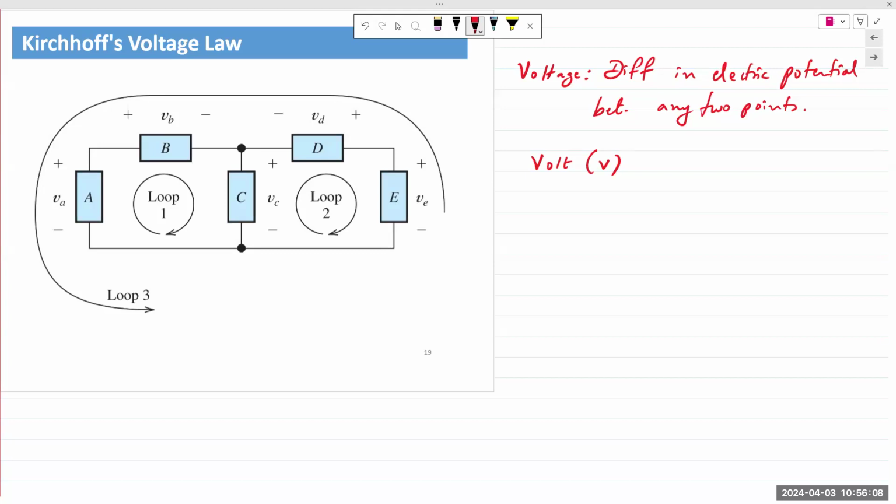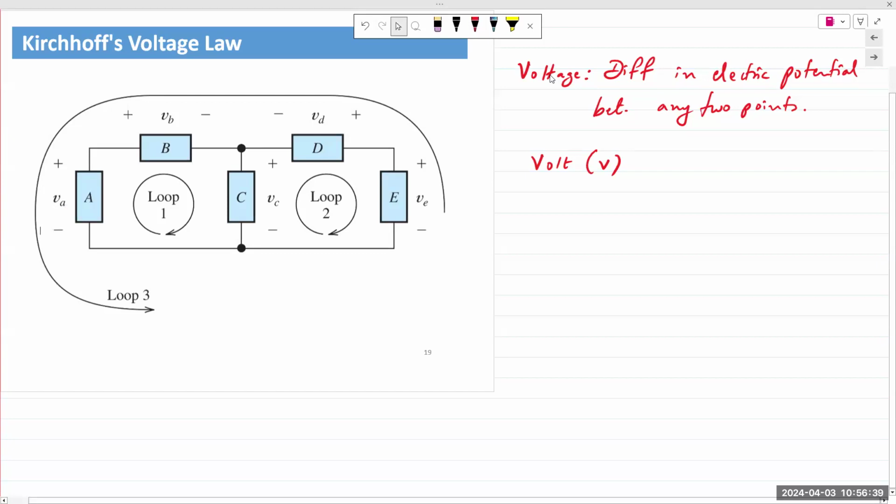The important point is that you need a reference point for measurement. So for a voltage, there is always a reference point for measurement. In this case, if you look at the circuit, you have 5 elements, A, B, C, D, E, and each of these elements has a voltage noted as VA, VB, VC, VD, and VE. Both ends of each component have either a plus or a minus sign.